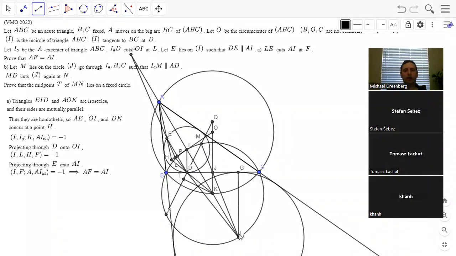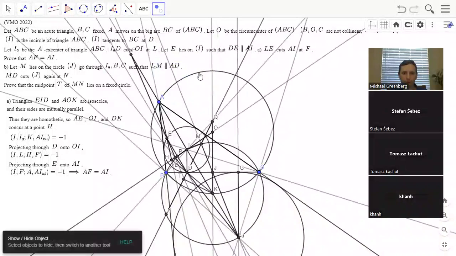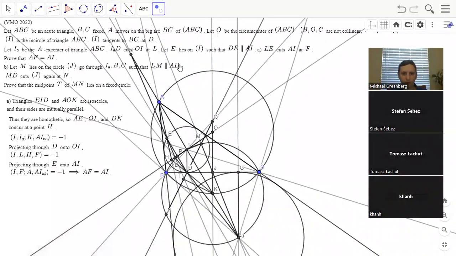Yeah, we can hide a lot of the diagram. All we really need is BC, I_A, D, J, and M. And also I M D J is cyclic. So that might help. But yeah, I think it might help to hide a whole bunch of pieces of the diagram. All you really need is,